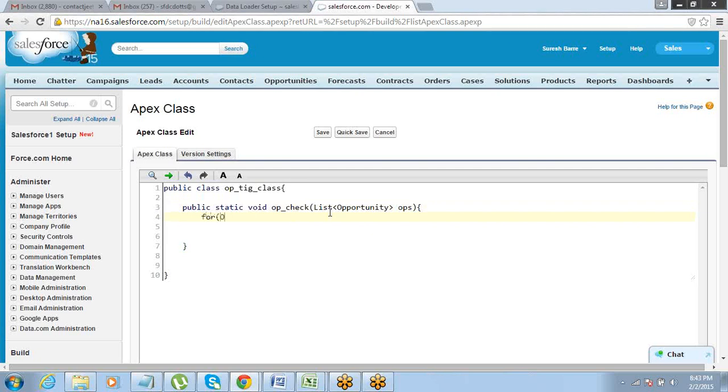Now I have for opportunity O, select amount from opportunity where created by equals UserInfo.getUserId and created date equals today. Right. O.amount, sorry,